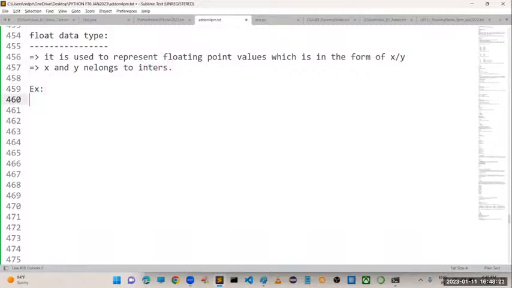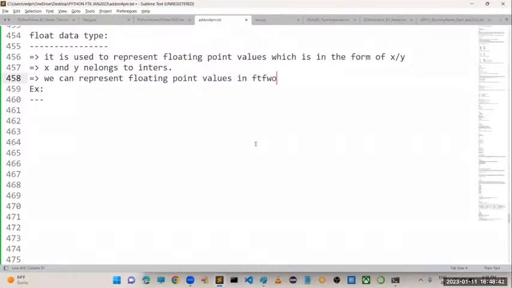We can represent floating point values in two forms.